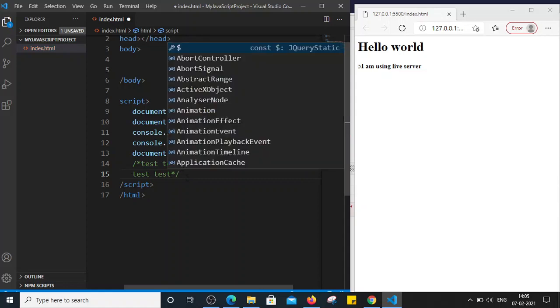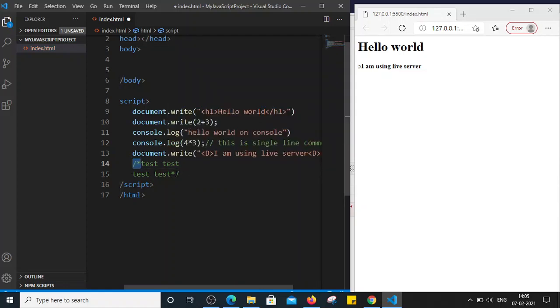By using this slash star and star slash, this whole content will be ignored by the interpreter, and this is treated as a multi-line comment, right? I'm just saving the file. See, the same output is there. It is not executed by the compiler or interpreter. It is just a comment. So this is how we can use single line and multiple line comments in JavaScript.